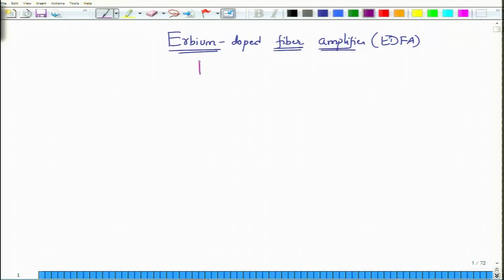So, what is this magic amplifier that we are talking about? That amplifier happens to be the erbium doped fiber amplifier. Erbium is a rare earth ion. It is not usually found in large quantities. There are certain classes of materials which are called rare earth materials. As their name suggests, they are not quite common, but out of these materials, erbium has a very interesting and intimate history with optical communications, because when you dope a regular fiber, a standard single mode fiber, let us say, and put some erbium ions throughout this amplifier,